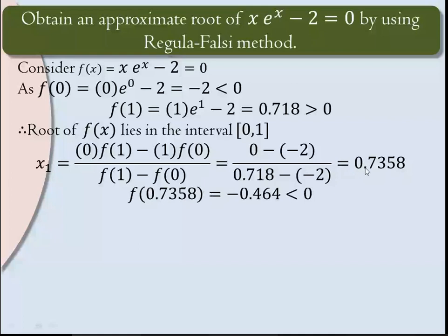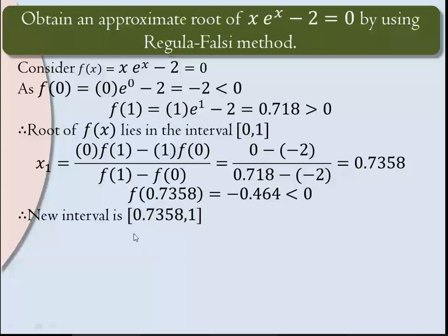Now we have to take the new interval. We are fixing 0. Okay, we are fixing this point. Sorry, we are fixing 1. So we have to take the new interval from this point up to 1. For whichever value the function is positive, we fix that point. So we are fixing 1. So we just have to vary this left term. So instead of 0, now take this value. We get this. Now do the calculation with this interval.